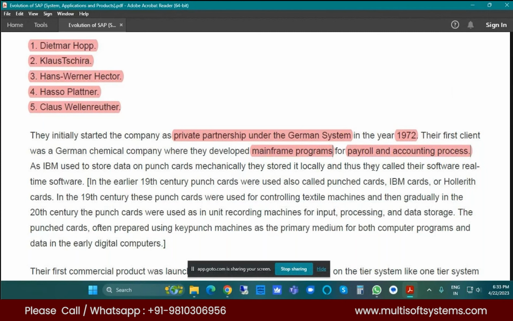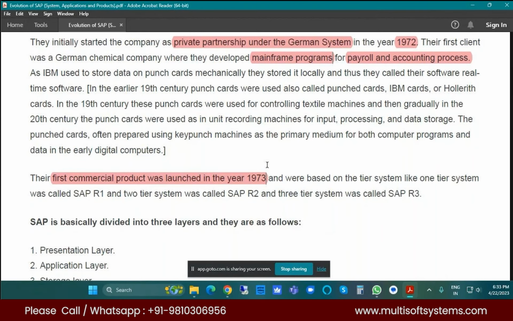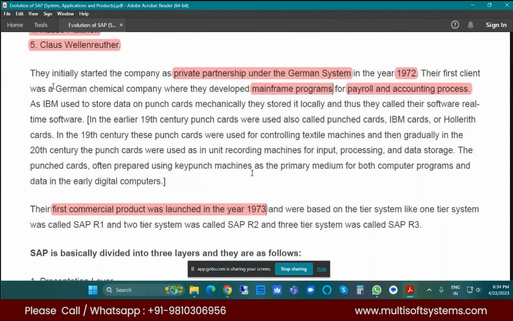So they took almost 1 year to develop this application. They started in 1972, right? Their first commercial product was launched in 1973. German Chemical was their first client. They started their company with a German government chemical company. The German chemical company used the SAP application based on mainframe programming technology to manage the German chemical company's payroll and accounting